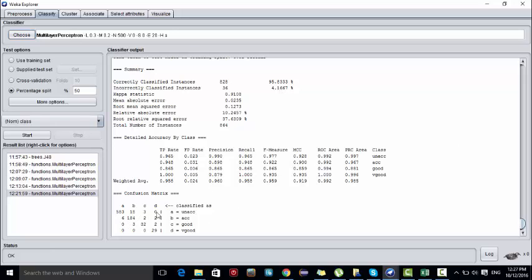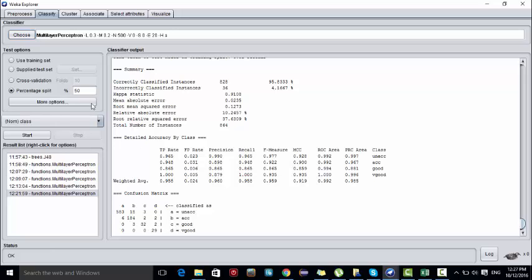Here you can see the cars with unaccepted stage, 18 cars have been classified as accepted, and here you can see 6 plus 2 plus 2, like 10 cars have been wrongly classified in the accepted stage from unaccepted and good and very good. And here you can see there are no mistakes in very good classification, but there are 5 mistakes in good classification.